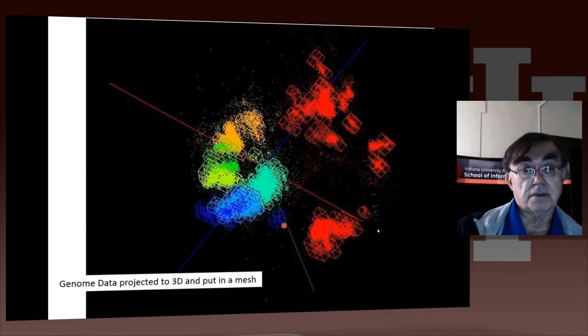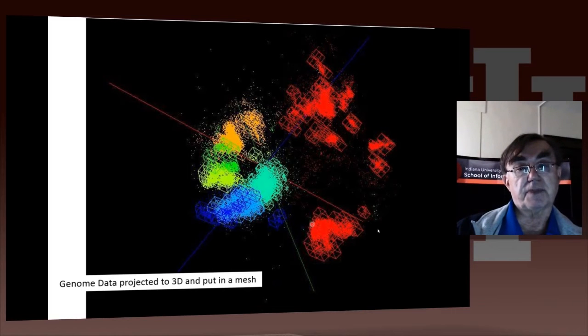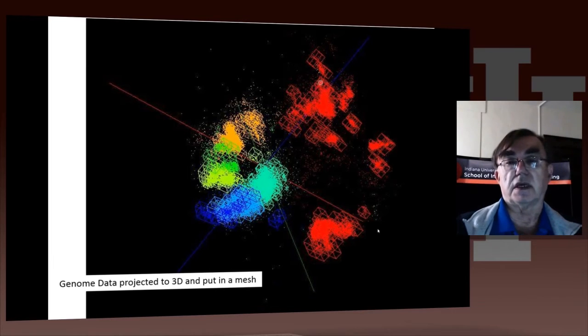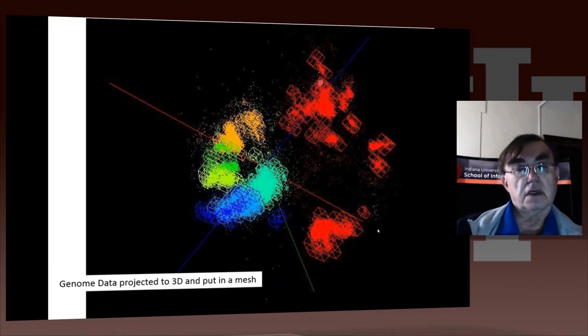Here's an example which illustrates maybe both the positives and negatives of this type of approach. This actually is a two-dimensional projection of a three-dimensional space, and these points happen to be genome sequences. And you can see they do fall quite nicely into cells. If I want to find sequences that are near each other, I just go to the cells. I want to find sequences near this sequence here, then I just go to this cell, maybe this cell, and maybe that cell. That's it. That's all I need. Very efficient. Now,